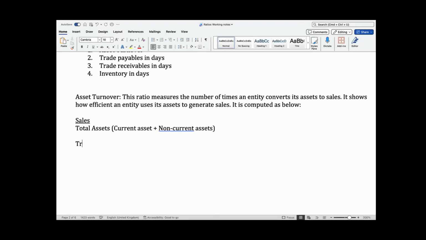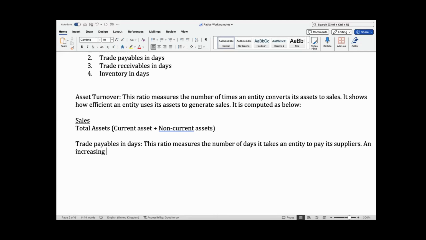The second one is trade payables in days. So this ratio measures the number of days it takes an entity to pay its suppliers. An increasing ratio, an increasing trade payables in days,